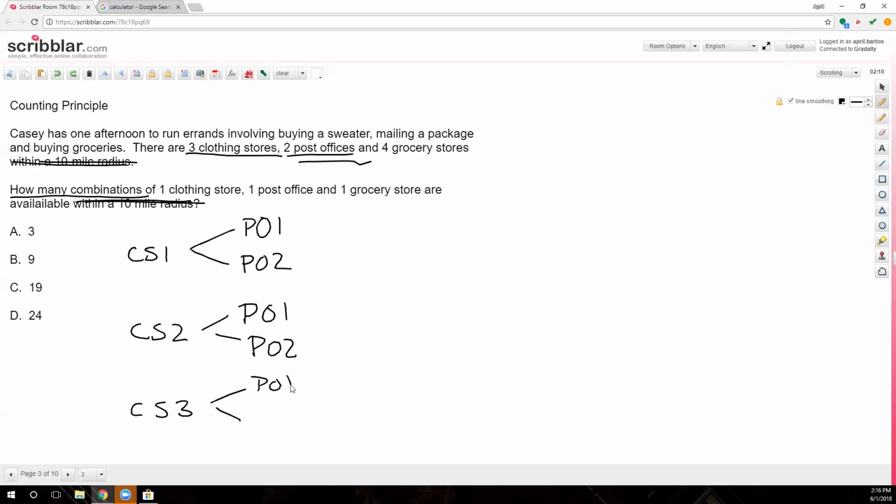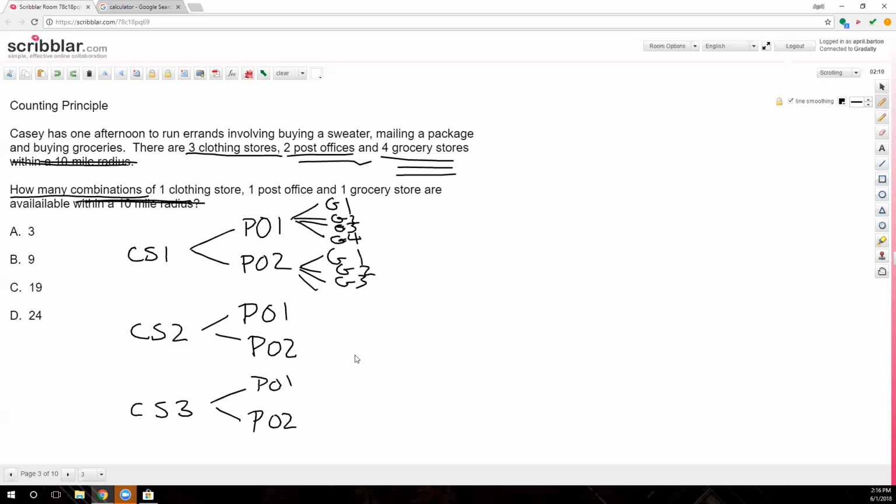Once you've made one choice, you then have to go on to your next choice, and it kind of expands out. And then for grocery stores, you could go to grocery store 1, grocery store 2, grocery store 3, grocery store 4 for each of your other choices. So you could write out this kind of table or chart that I'm making, but that is very